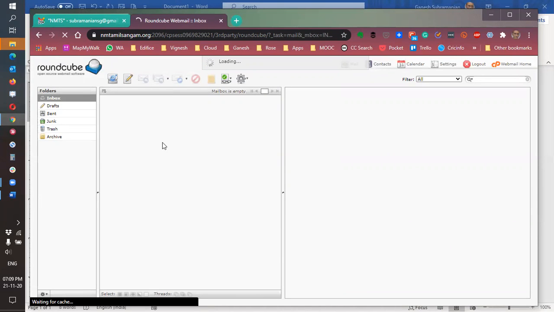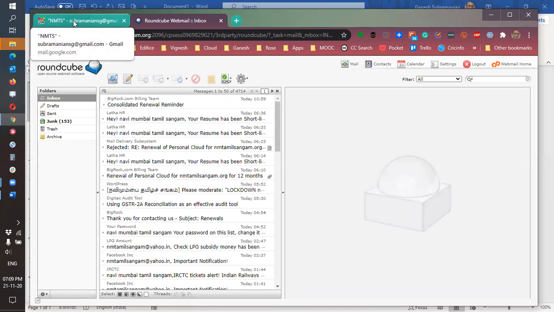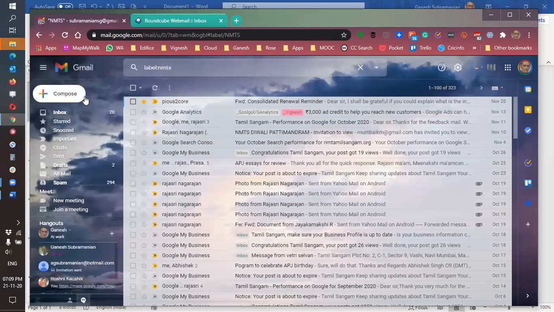For example, I have a Gmail account of mine which is opened. As you can see, on the left you have an inbox. Star is a feature of Gmail. Snooze is also important. These are all special features of Gmail.